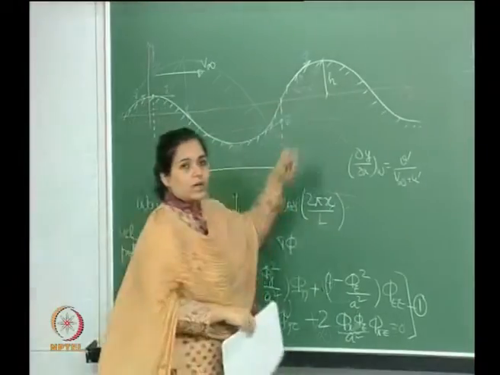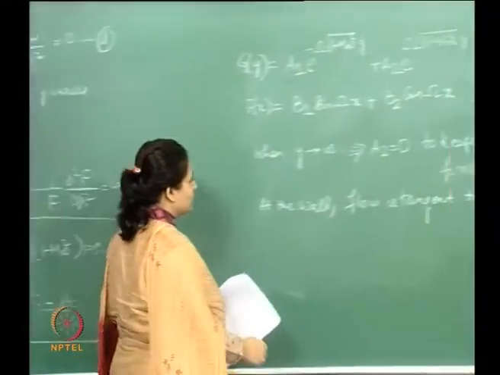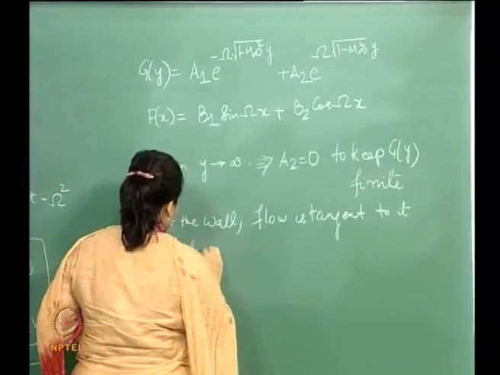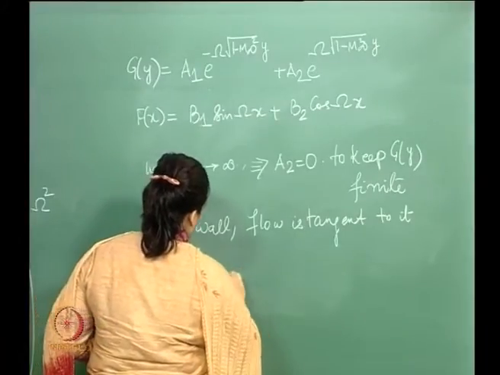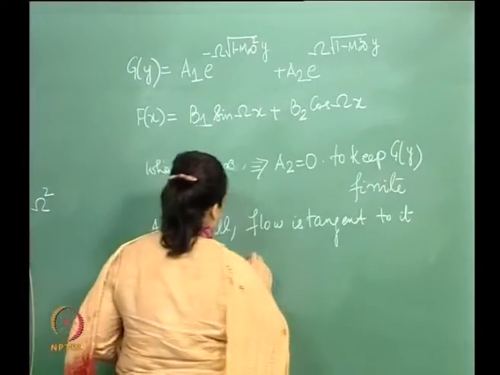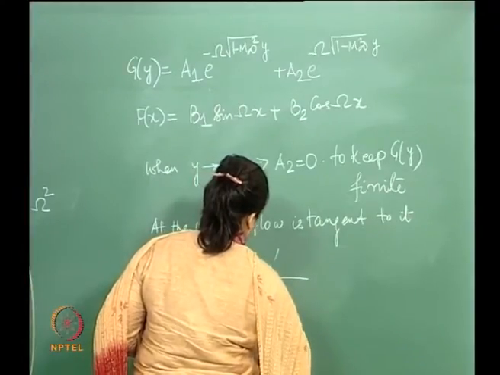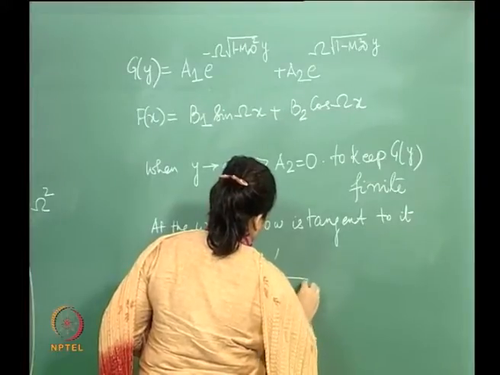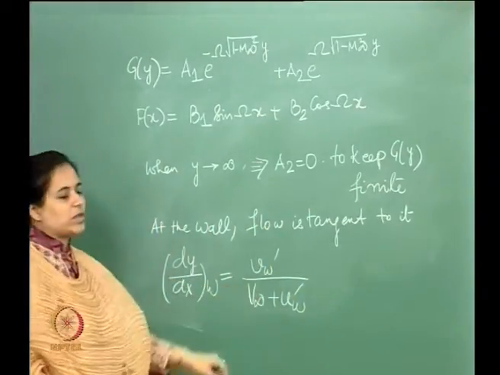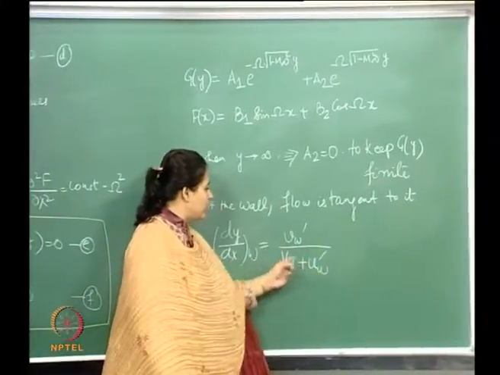Right. So, this becomes the tangent. So, therefore, that is what I am going to do over here. So, tangent to it. So, essentially what I am saying is that dy by dx at the wall is, well, I use a subscript w for wall. So, essentially this is the wall velocities